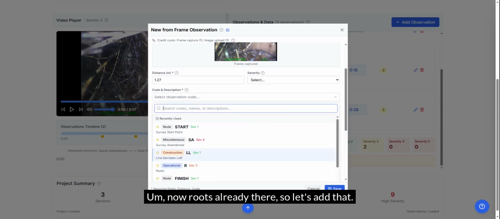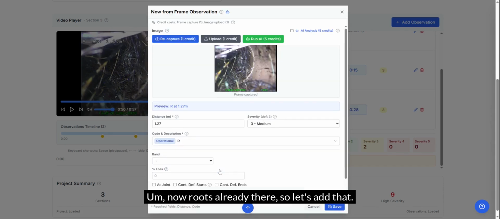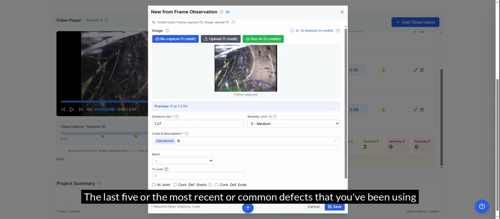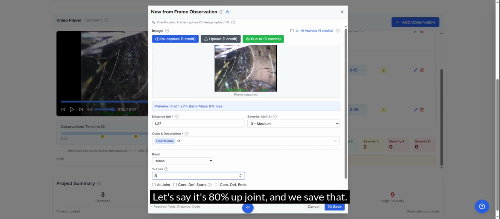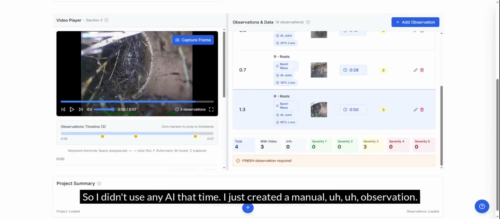Now, roots already there, so let's add that. The last 5 or the most recent or common defects that you've been using will always be at the top. We can call that mass again. Let's say it's 80% at joint, and we save that. So I didn't use any AI that time. I just created a manual